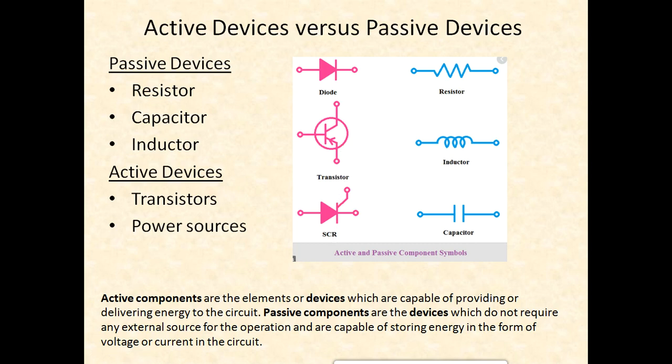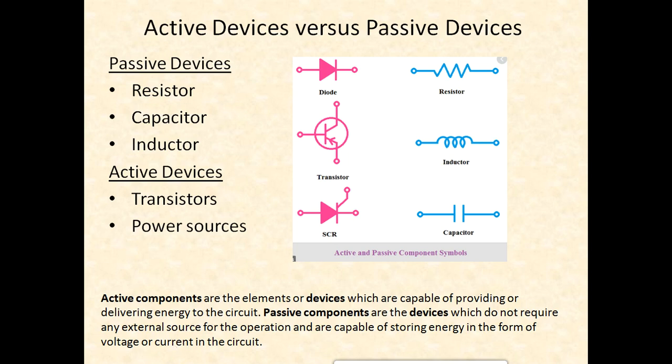Fine, but what's the basic difference between an active device and a passive device? Well, the standard definition goes like this: active devices or components are the elements or devices which are capable of providing or delivering energy to the circuit, whereas passive components are the devices which do not require any external source for the operation, and these are capable of storing energy in the form of voltage or current in the circuit. Now, to put it in very simple words,